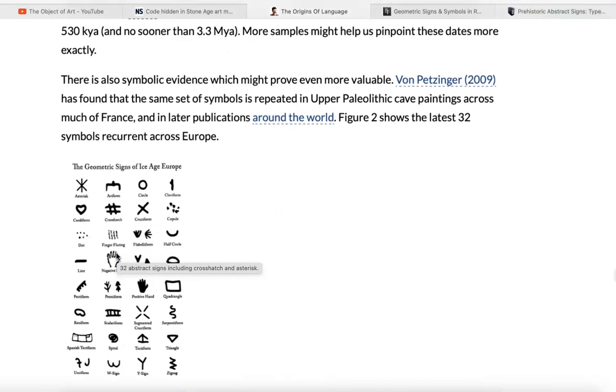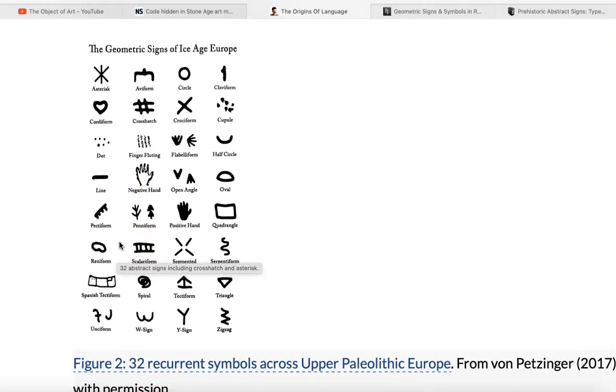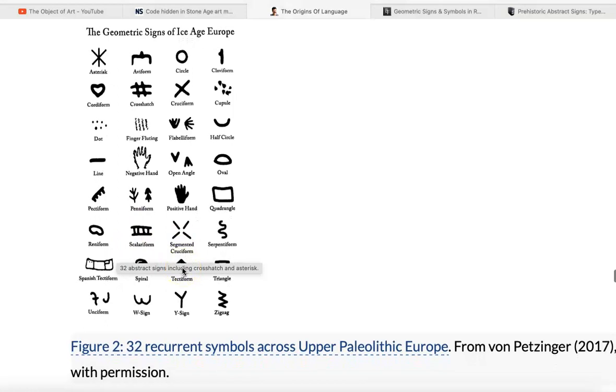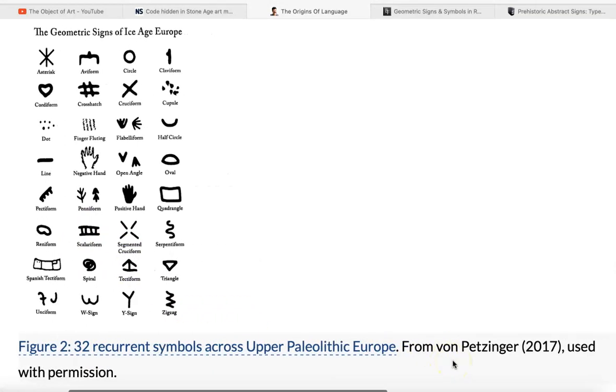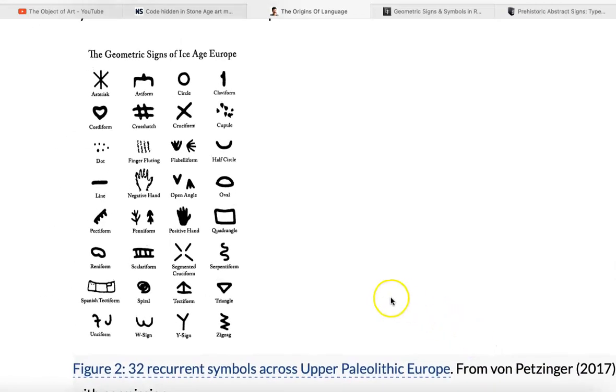Look at this. This is part of the reason, or one of the main reasons why I'm here. The geometric signs of Ice Age Europe. Okay, and this is recurrent symbols across Upper Paleolithic Europe, and this is from von Petzinger, used with, I guess, von Petzinger's permission. Look at this. There's the asterisk. There's the aviform. That means it looks like a bird. Circle, claviform, cordiform, crosshatch, cruciform, the X,